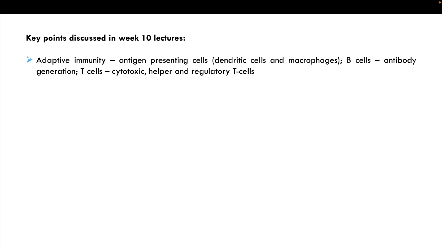Then we talked about the cells of adaptive immunity, which are your B cells, responsible for antibody generation. And then you have a host of T cells, which could be cytotoxic T cells, helper T cells, or regulatory T cells. So this was all about the cells of the immunity and how there's an interplay between the innate and adaptive immunity. So in this week's